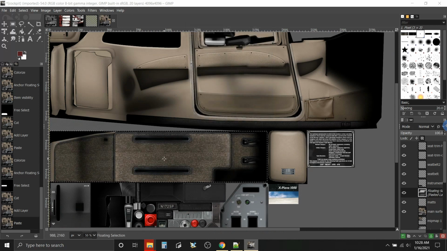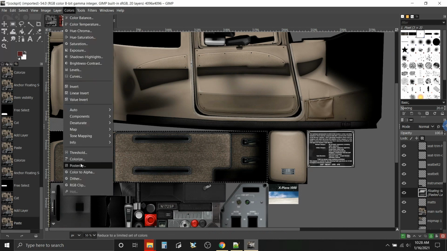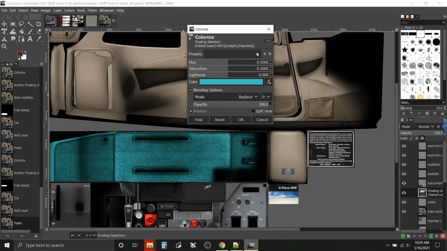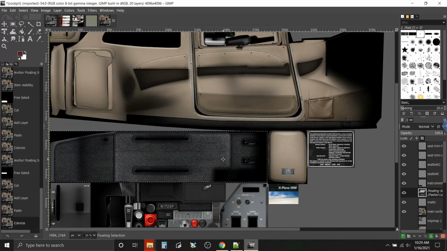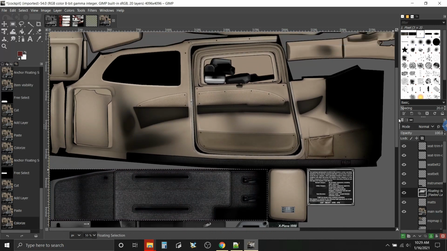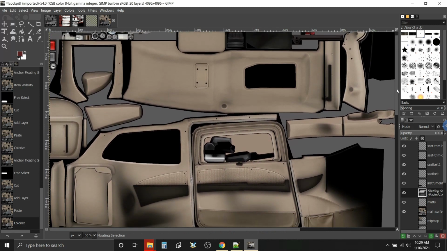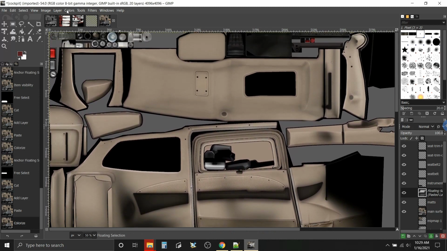Oh, I didn't want to undo my color. All right, let's go back. We did save the preset, so we can go back into colorize, and we can click on gray mats and click OK, and we're done. Now we've made those changes. We didn't change the default beige on anything yet. That could be done. I think one of the ways I was doing that was I was selecting. Actually, before I do that, let me